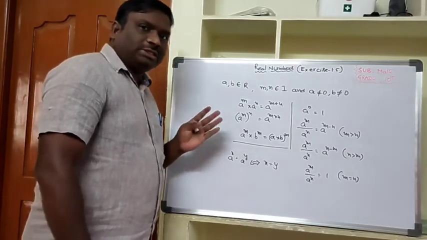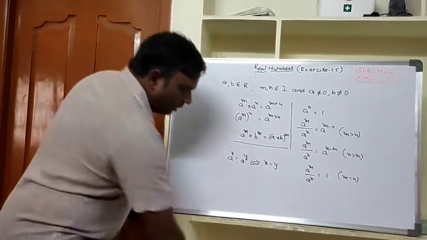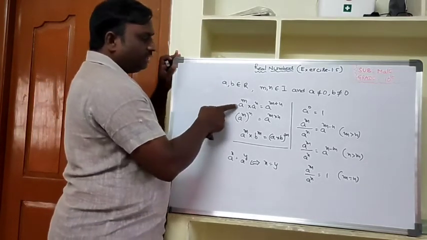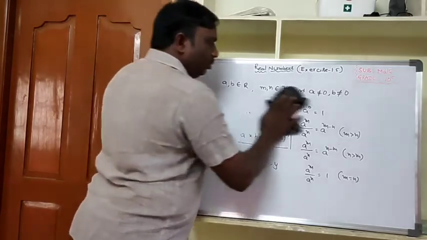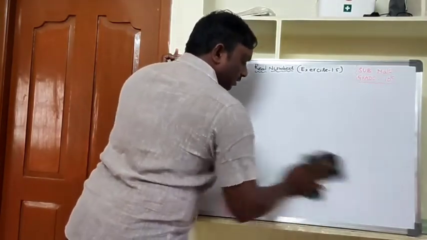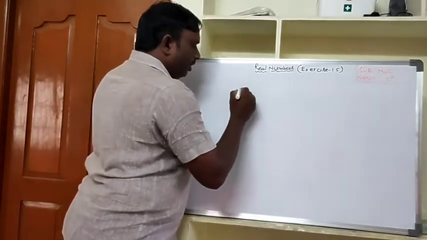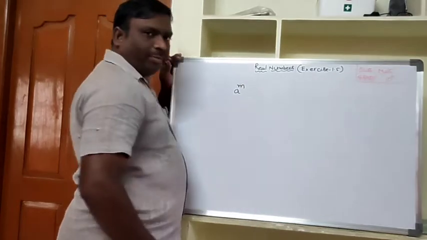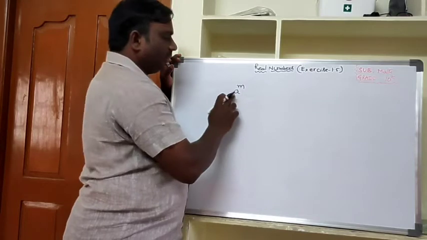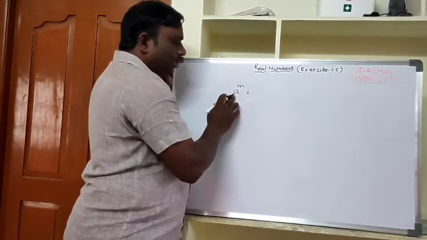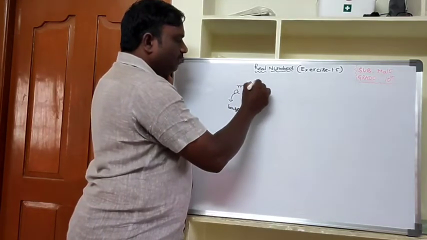So how can we use these in this exercise? These are all in exponential form. So what is the exponential form? This is the base and this is the exponent. In a power m, a is the base and m is the exponent. Already you know that; I just revised the laws of exponents here. Now a power m, where a is not equal to 0, a is a real number and m is an integer. So a is the base and m is called the exponent.